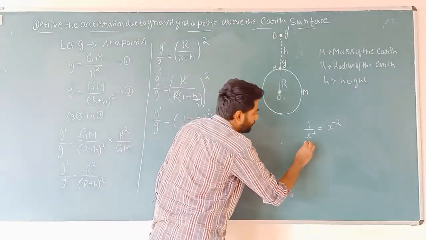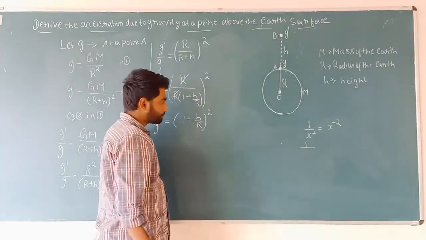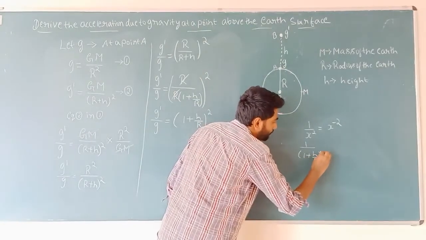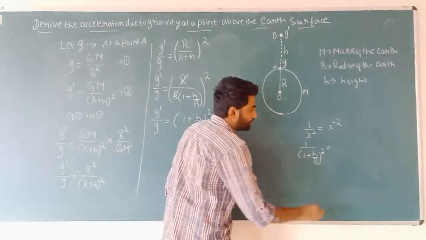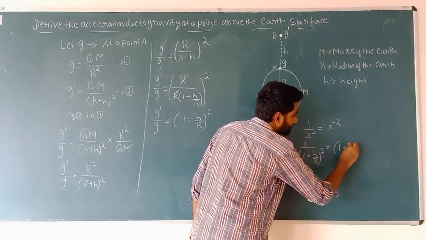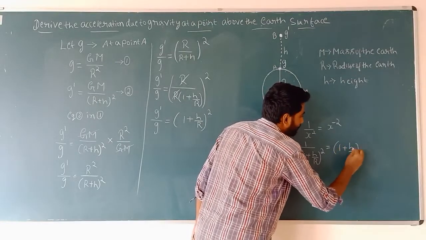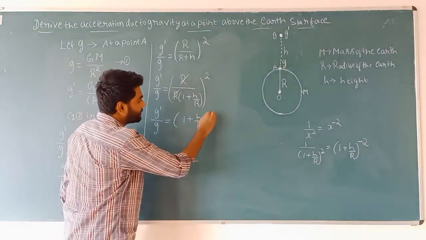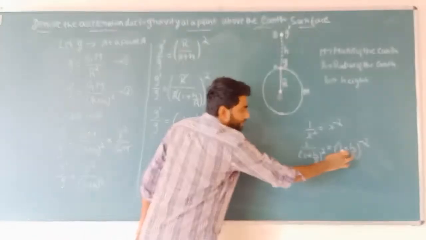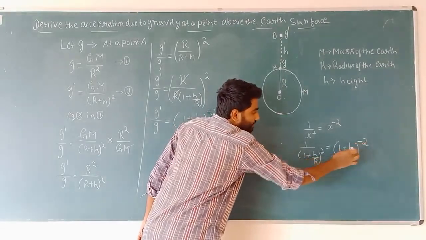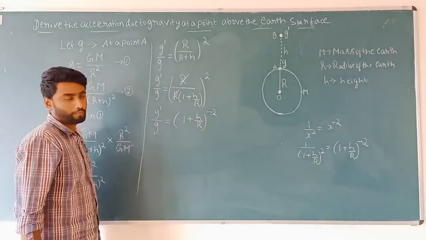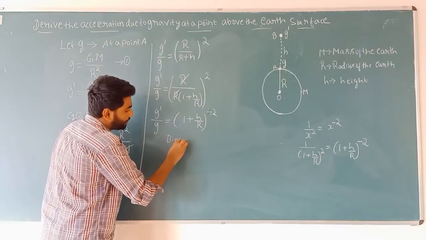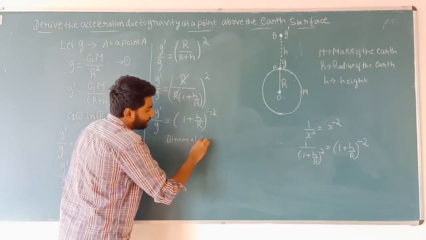Like that, 1 by 1 plus h by r whole square can be written as 1 plus h by r power minus 2. So using the binomial theorem,